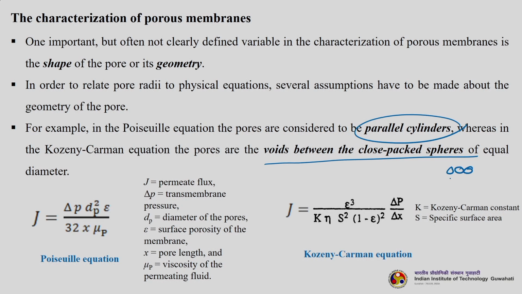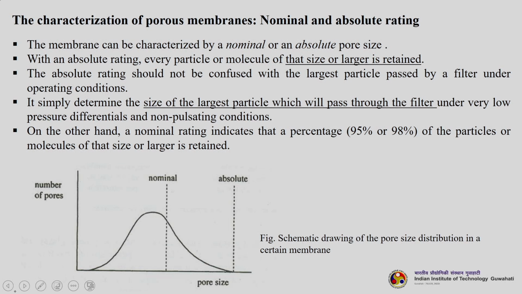So, you can see something like this. This is what the pores look like, and in the case of parallel cylinders it is just like this. Only zeolites have such distinct parallel features, otherwise you do not get them in any other commercial membranes. So, we need to understand the nominal and absolute rating which we discussed during the characterization. The membrane can be characterized by a nominal or absolute pore size. So, with an absolute rating, which is this,